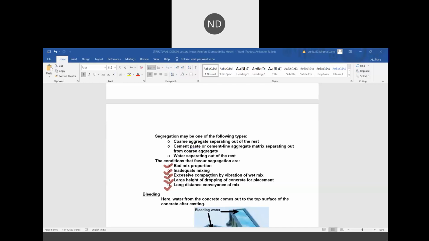Bad mix proportion, when mixing is not good. Suppose you have mixed your concrete materials together, but you are taking it to a very far off place. In that case, there may be some loss of some of the materials, so the mix proportion changes. Since your mix proportion was good when you mixed, but when you went